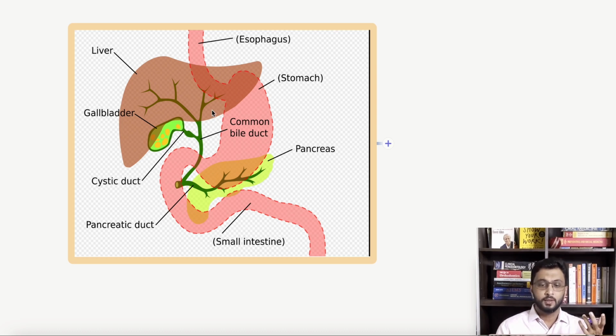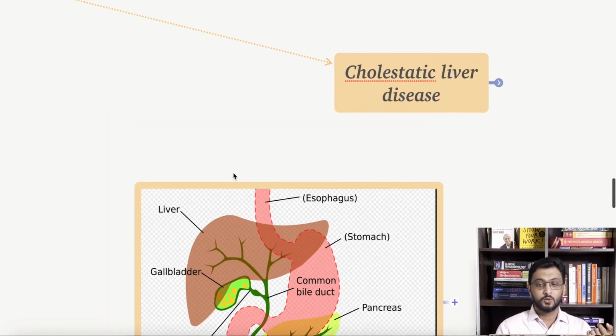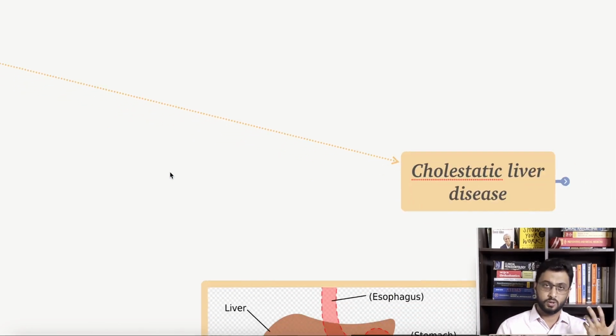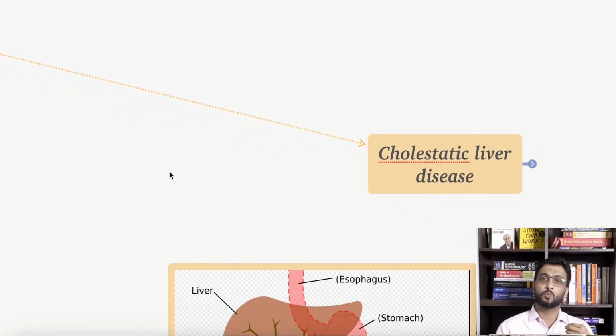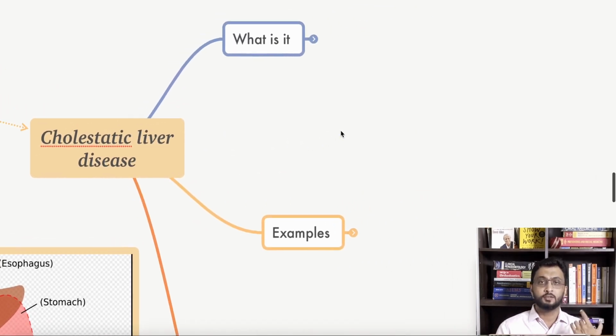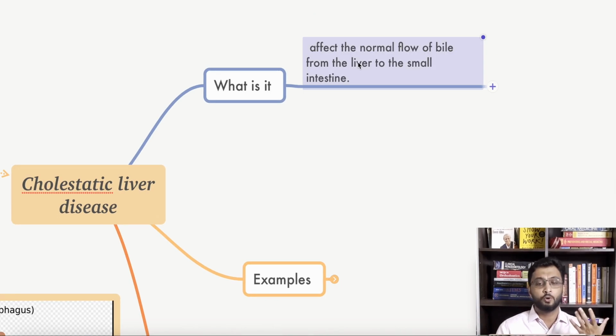What is the outcome? The flow of bile is stopped, which can cause obstructive liver diseases. Obstructive jaundice is one of the cholestatic liver diseases. So here we are going to understand what cholestatic liver disease is. It affects the normal flow of bile from the liver to the small intestine, finally ending up